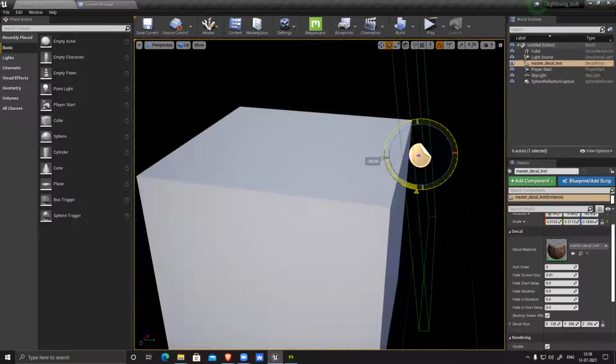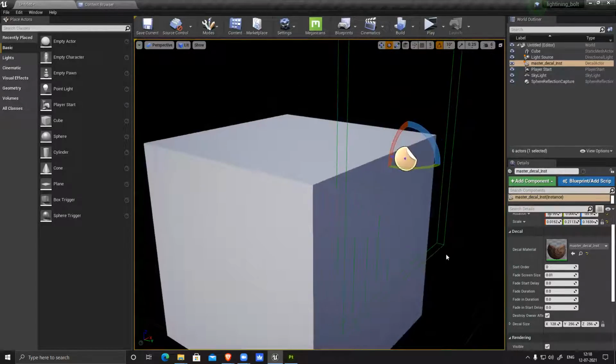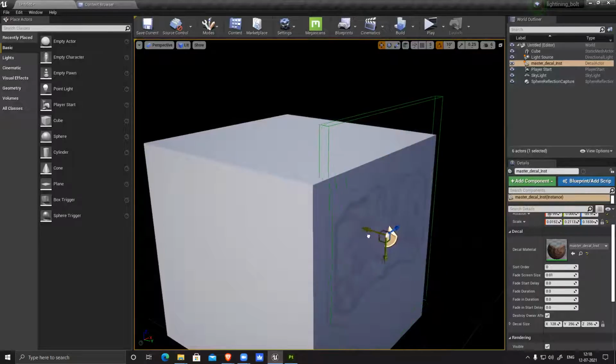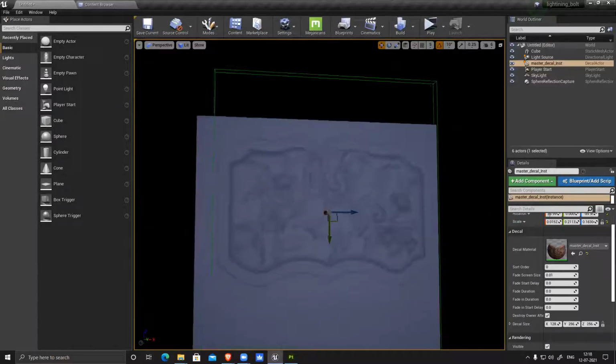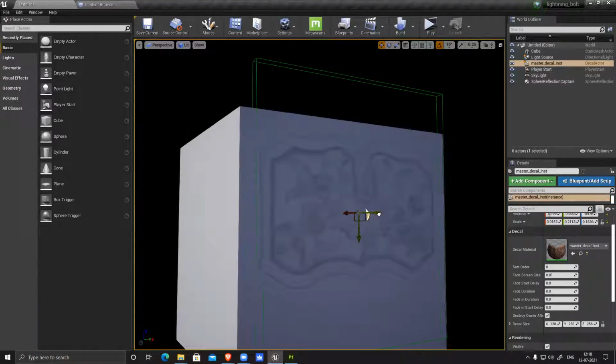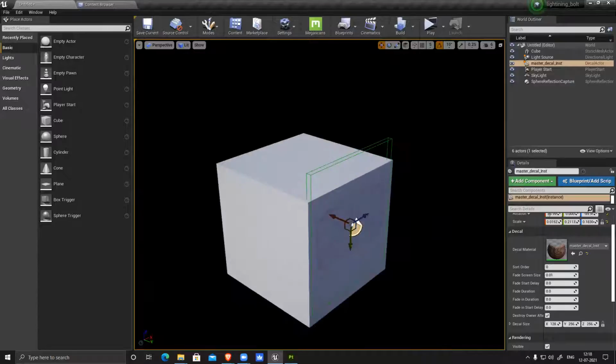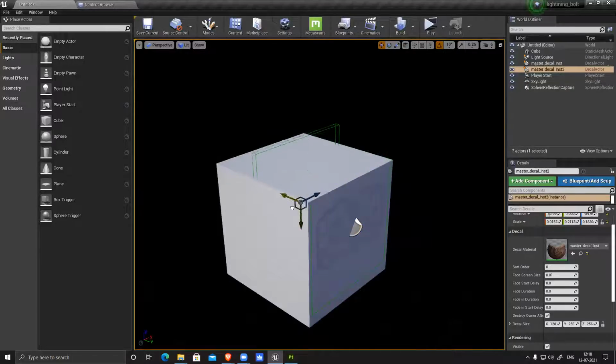So once rotated 90 degrees, you can see nothing is visible here. So I have to push it down and align with this surface. Now you can see it visible on this side also. So you have to rotate it based on the angle. If you're not rotating, it won't be visible. So like this, you can rotate and place it. See for this side also.